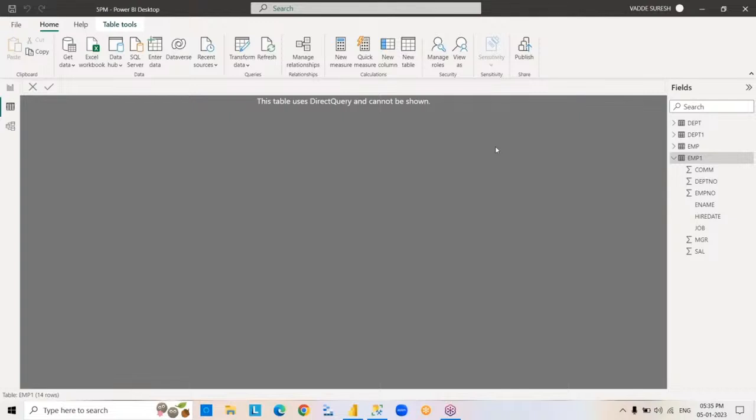You can see directly. In the same way, what is the use of direct query? In direct query, data will be there in the source only, only structure copied, right? Why we are using direct query means